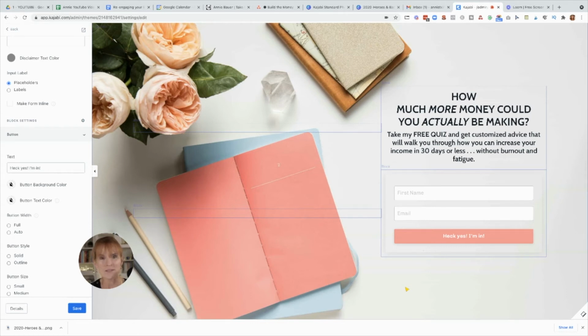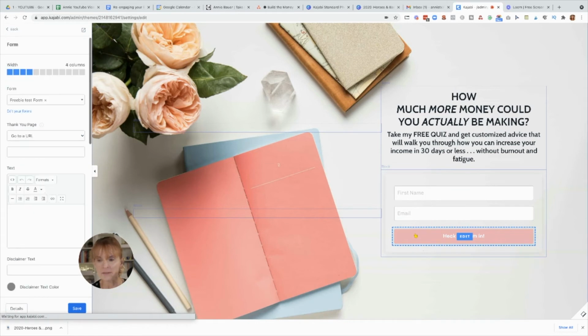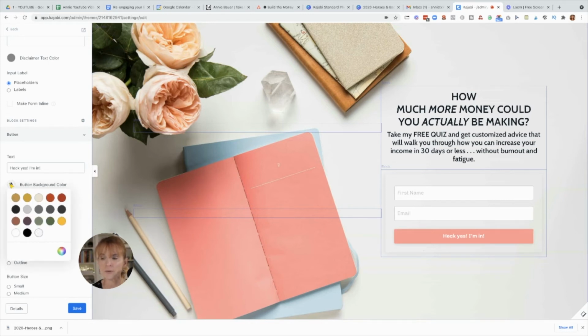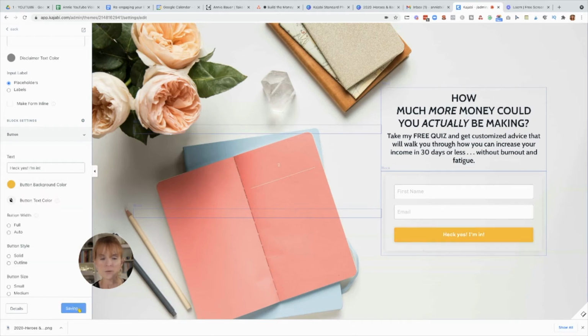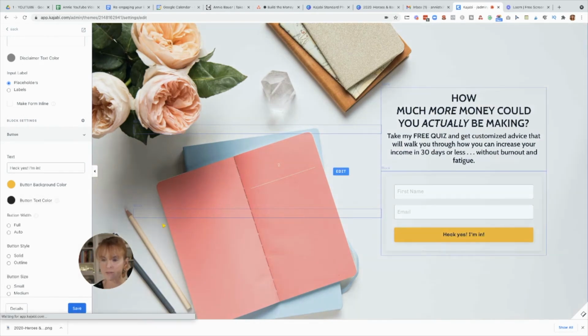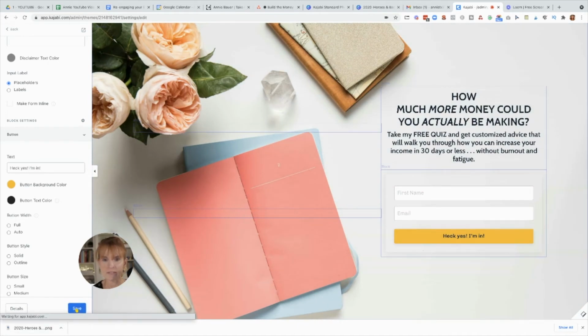And then you want that button to stand out as well. So for my button, I use a bright yellow. So we'll click on this button again, and then we'll go over here to button background color, and I use this bright yellow. So use a brand color that works, but stay consistent and always use that same color as your call to action or as your button color. So this is my button color, and then I'm fine with the button text being white, but you could switch that to a black if you liked. Just make sure that it stands out. And then we're going to save this.